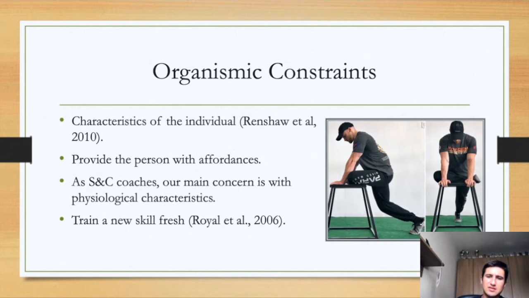Organismic constraints are the factors which provide a person with affordances, and they determine the solution adopted by a person. For example, somebody with very good hip mobility might opt to use a less knee-dominant strategy when performing the single leg hip hinge, whereas somebody with poor hip mobility might opt to perform the single leg hip hinge with a more knee-dominant strategy. As strength and conditioning coaches, our main concern is with the physiological characteristic of organismic constraints. However, what we can work on